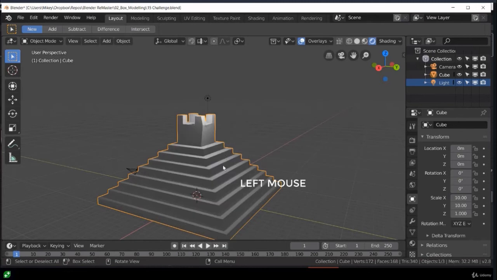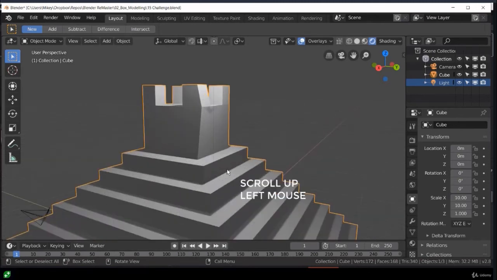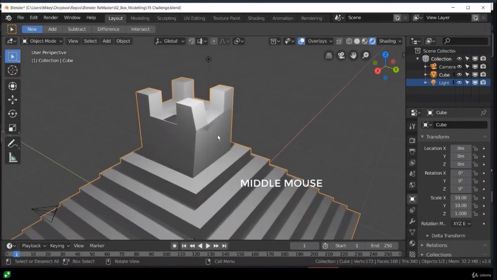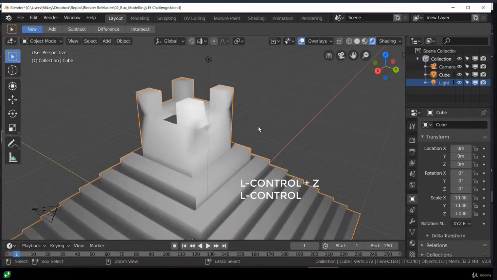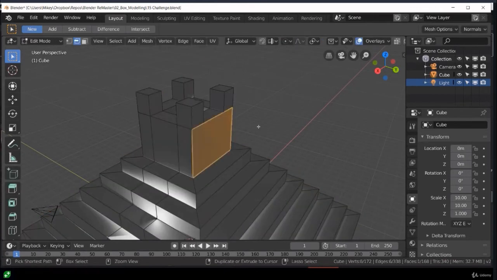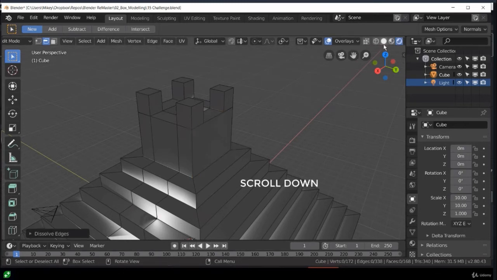So I'm going to go back to shading flat because that's just the nature of the object we're doing at the moment. And I'm going to fix this little issue here by simply undoing a couple of steps. There we go. But just be aware of the extra geometry that you're creating when you're doing this type of work. And the one final thing that I want to look at here, let's put it back into solid shading